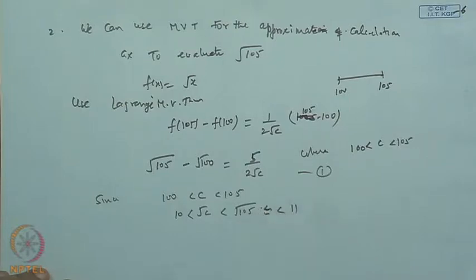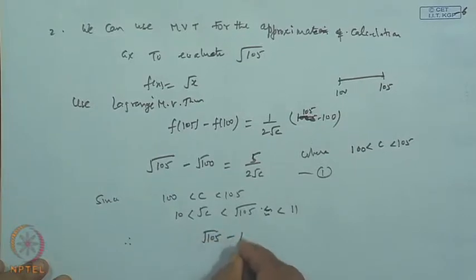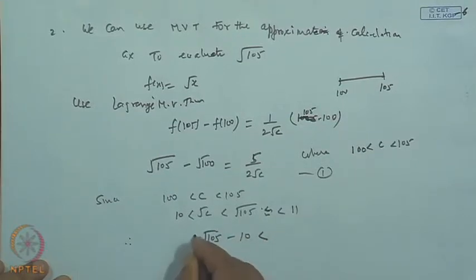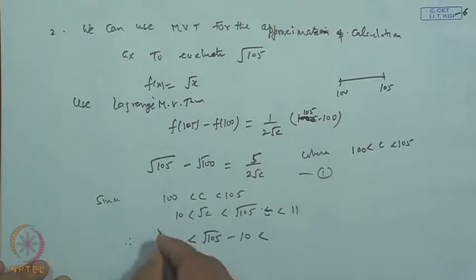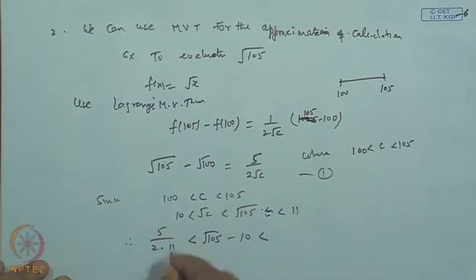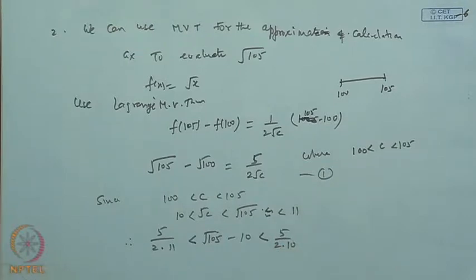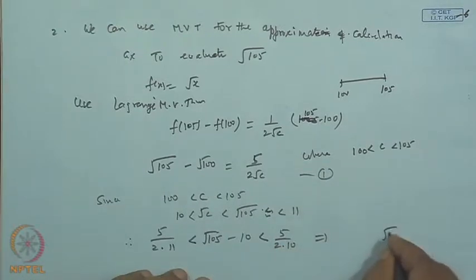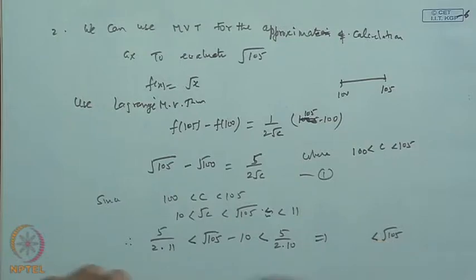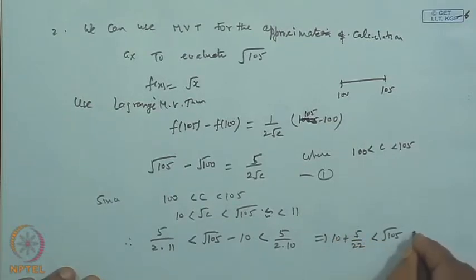So under root 105 minus 10 will lie between these two bounds. The bounds will be 5 over 2 into 11 and 5 over 2 into 10. Therefore, root 105 will lie between 10 plus 5 by 22 and less than